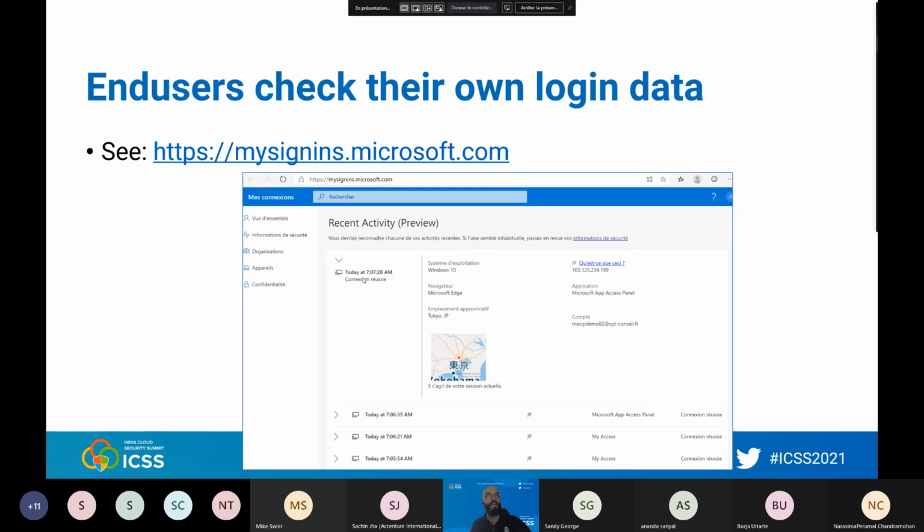They will see the IP address, the OS, the browser, and the estimated city, with a map projection of the city. So they can check by themselves if the location of the connection is normal or not. If you see something suspicious, send this link to your end user and ask them to check their connection logs and confirm whether it was really them, maybe moving for a business trip or holidays, or whether it is something abnormal.